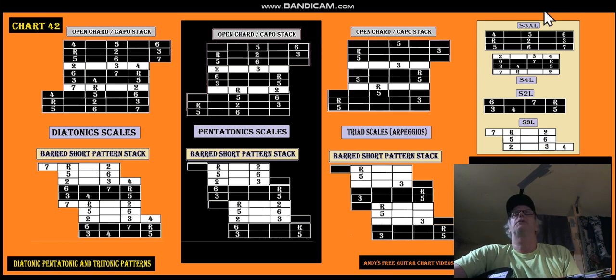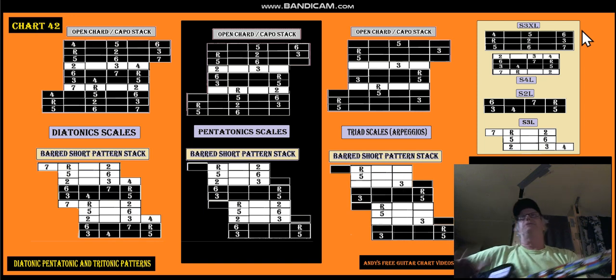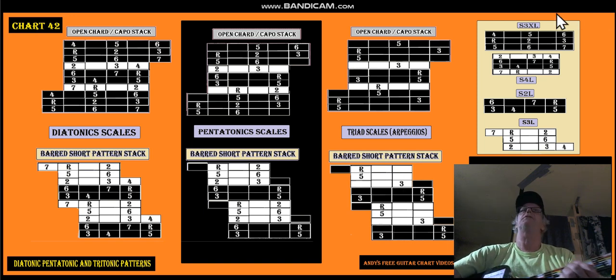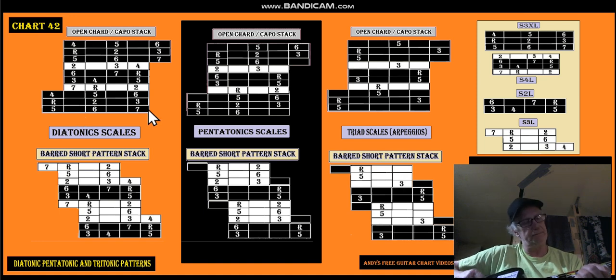So you can substitute this whole pattern, this 5, 6, 5, 6, with this 5, 6. So you can go 2, 3, 4, this whole pattern, and then 7, root, 2, because you didn't lose anything with the 5, 6. When you start an A here, you can't play this pattern. Now the other choice, instead of doing this long pattern,